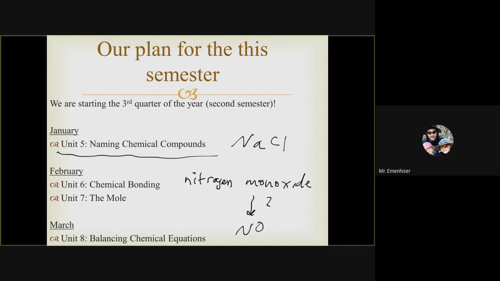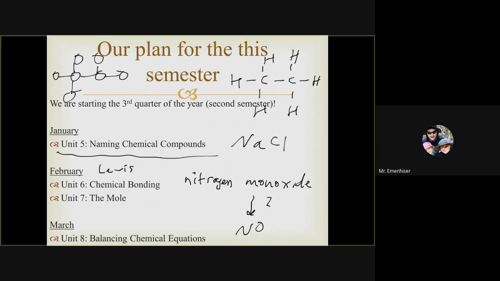In February, we'll be doing Unit 6 on chemical bonding. So we'll talk about ionic and covalent bonding in detail. And the main thing that we're going to learn in this unit is Lewis dot diagrams. So Lewis dot diagrams are going to look like this. Like if you had a carbon molecule with carbon and hydrogen, like how do you draw this kind of structure that represents the arrangement of atoms and identity of the atoms, and like which one's bonded to which, and that kind of thing. So we're going to learn how to draw these diagrams